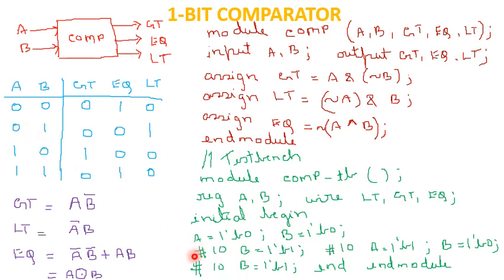But if you notice here I have just given a #10 B as 1, B = 1'b1. So I have not given any condition for A. So what happens is A will retain its previous value. So right now what I want is A 0, B 1. So B was 0, the only change that I need here is B should be going from 0 to 1. A is 0 only. So I have not given any value to A such that it retains the previous value.